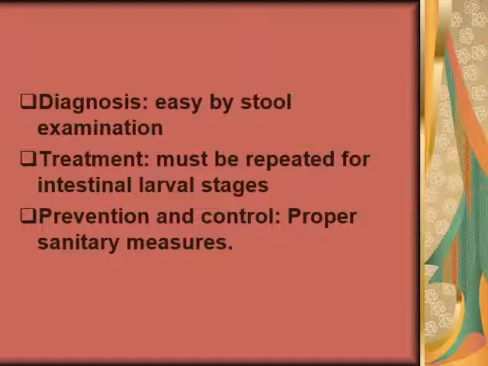Its diagnosis is easy because there is tremendous egg production, which can be easily seen in stool examination. Treatment must be repeated for intestinal larval stages. This is the case when we take Yomesan or niclosamide, because it is not absorbed from the intestine, so it kills only the adults in the small intestinal lumen, but doesn't affect the larval stages in the villi. But if we take another drug like praziquantel or albendazole, these drugs can kill the larval stages